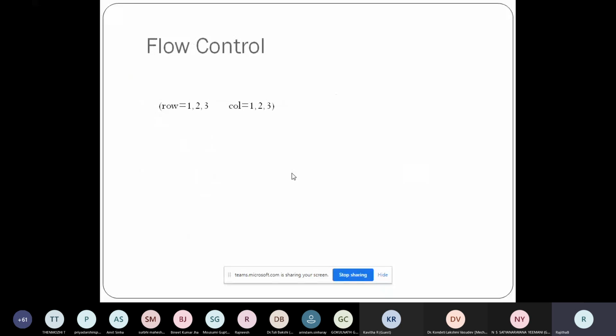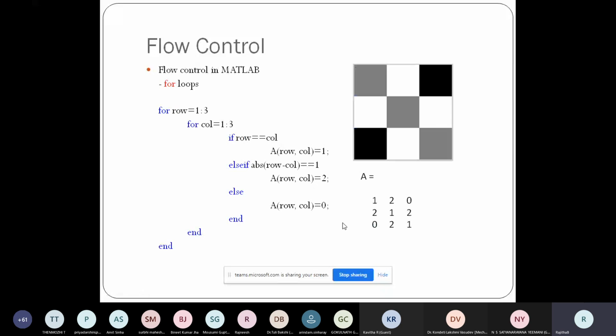Suppose I have to create this matrix, then I need to write this many lines in the command prompt in normal general programming. I have to create these many lines of code in normal programming.